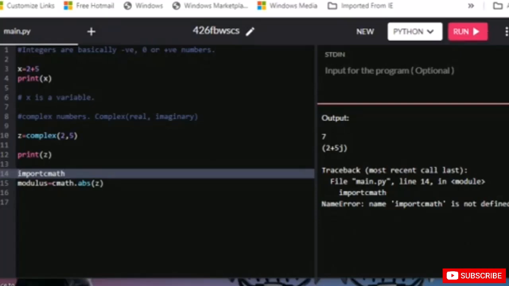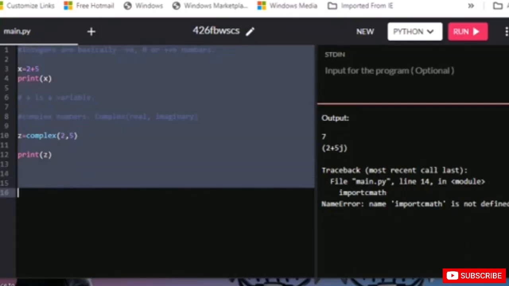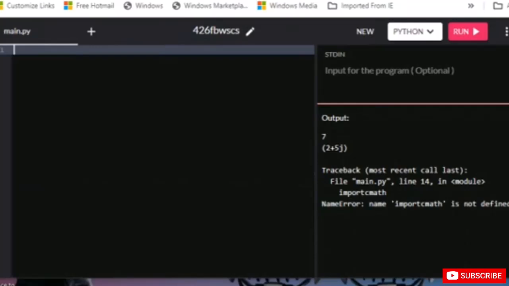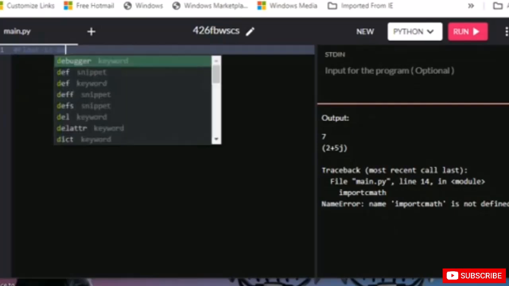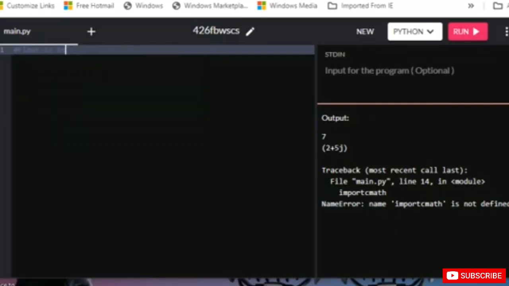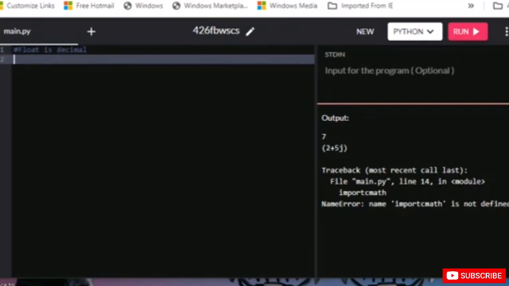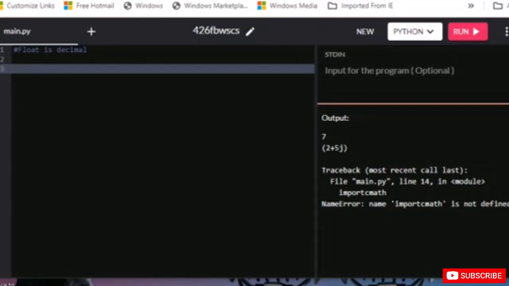Well, in the something else we are going to see how the float statement is actually going to work. So let's come up to the float. Well, what is a float? First of all, float is just the decimal, as I have explained to you in the class. Okay, so float is just the decimal, and we are going to see something exciting. So let's turn an integer into a floating number. Okay, that is going to be fun.